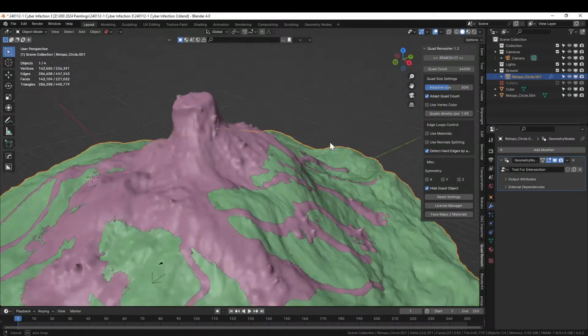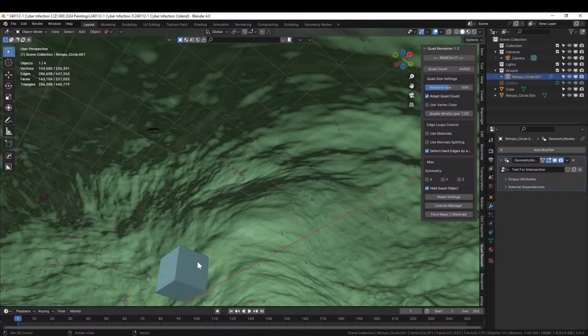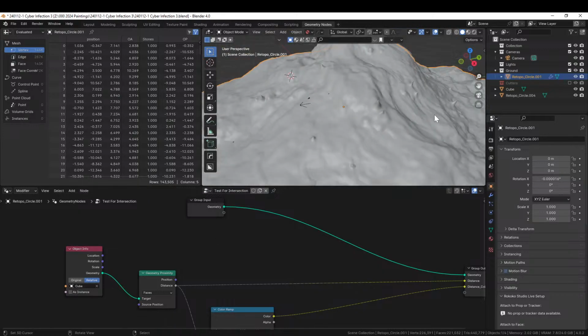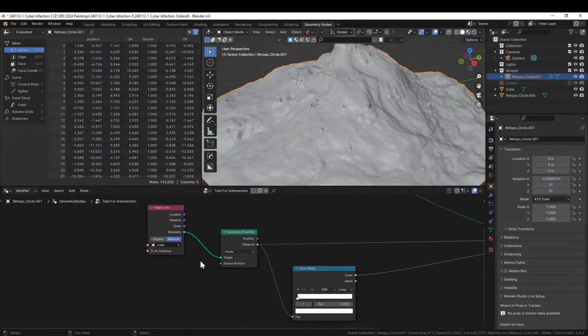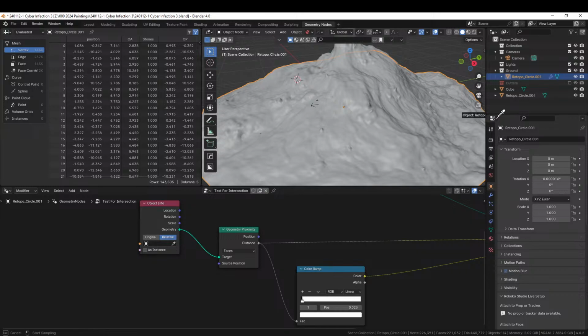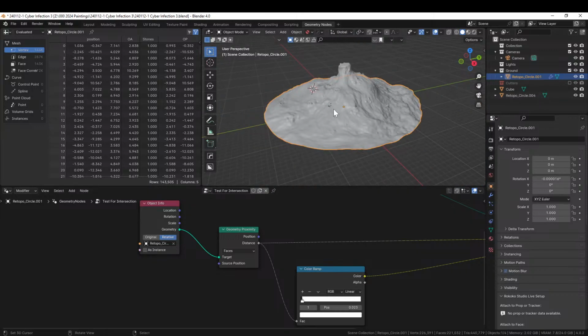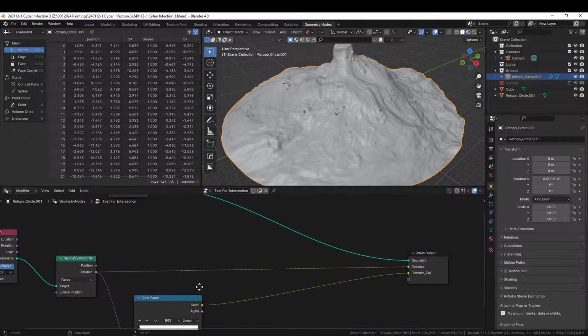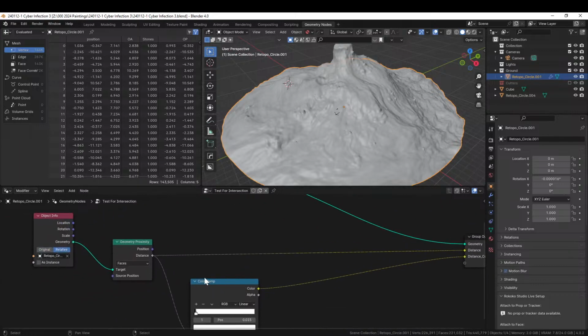And it's not working because it's looking for this cube, because that's what's hard coded into the geometry node. But we just go through and edit it, geometry node, and where we have cube, we can just get rid of it and grab retopo circle 4. And that should give us our edge. And if we look here,